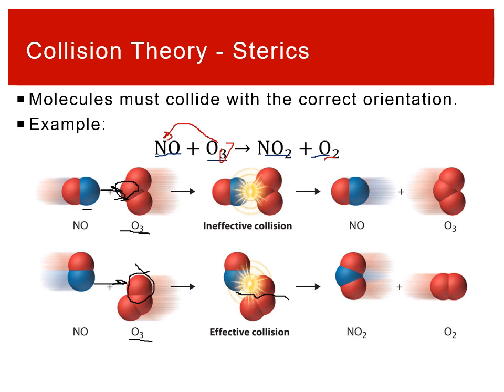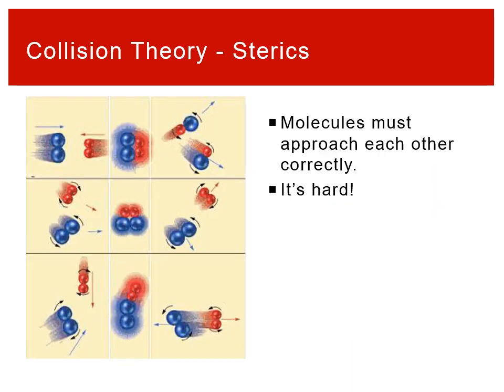So there's a lot of requirements when it comes to having these orientations line up just correctly. On top of this, you think about forming new bonds, you've got to collide with the atom that's on the outside. It's got to be the right one. The molecules also have to have the right trajectory to come in. So if you look, we've got the two big blue molecules that are colliding with the two red, and basically they're just going to trade partners and become mixed molecules. And so in this case, if they collided perfectly head on, that would lead to a